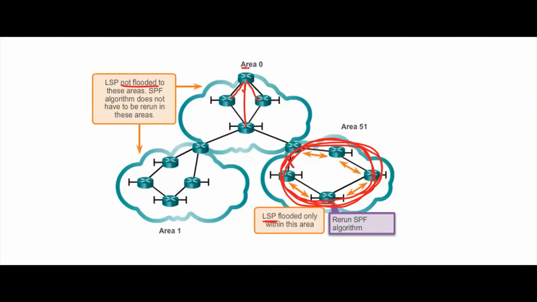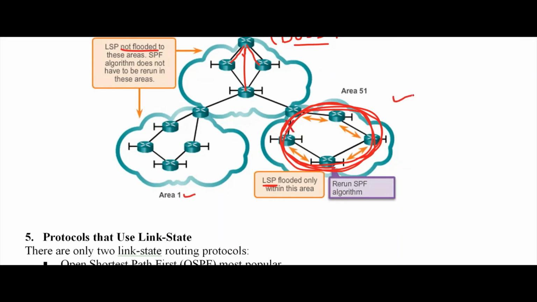You see, area 0 is the boss; you will see in the next class when we configure OSPF. Under area 0, we have area 1 and area 51, so a hierarchy is maintained. This is the top, and after that we have another area. With area 51, I can connect someone like this. So wherever a hierarchy comes, automatically you need the link state routing protocol.